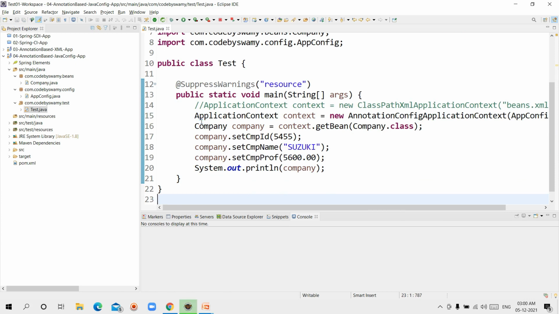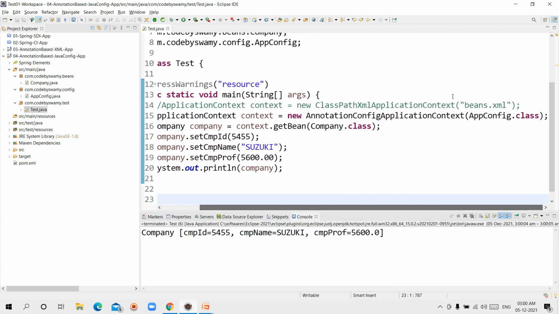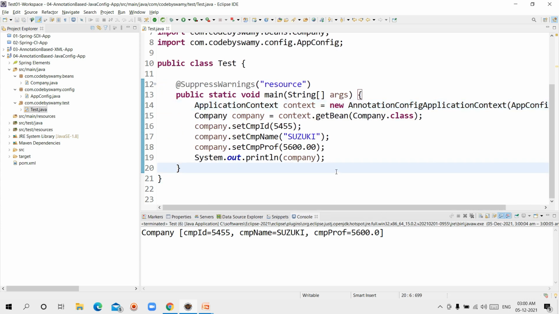Just run the application. See, here I am not using an XML file this time. If you want, I can delete this file. Yes, I deleted that. Let's run the application one more time.